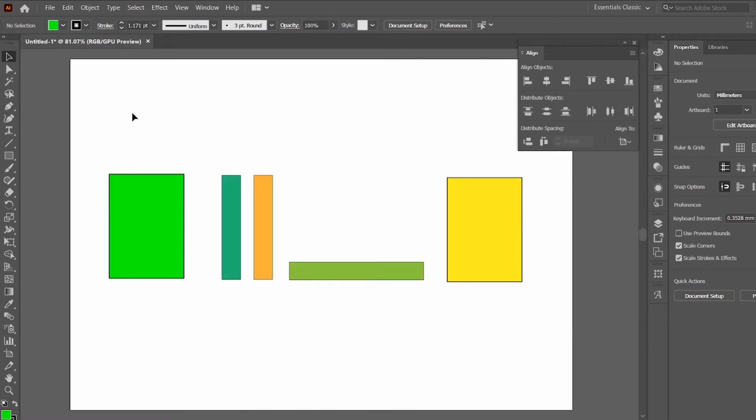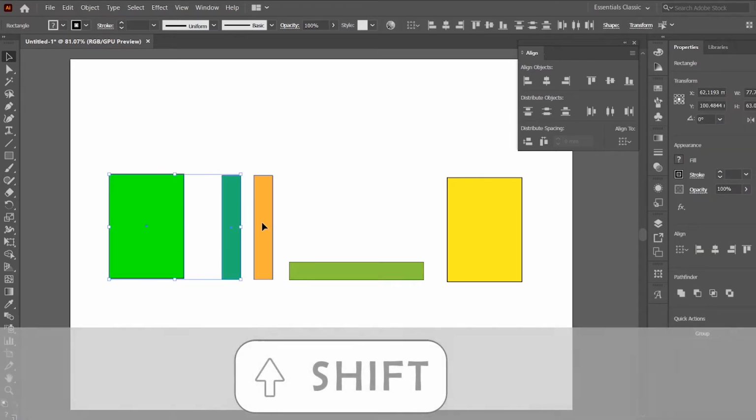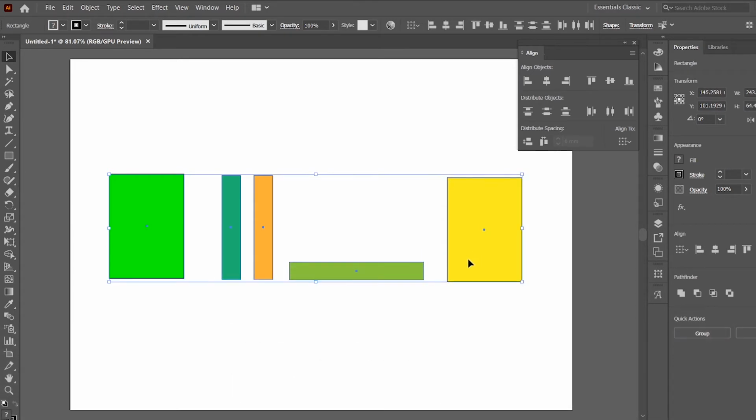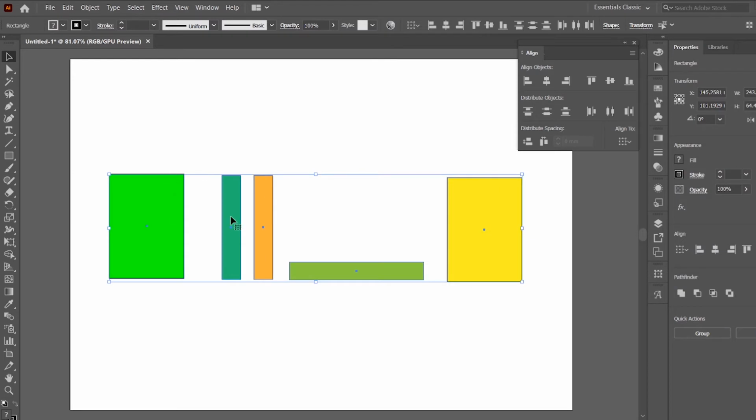Now we can select all these elements. You can select more than one by simply holding Shift and clicking on those elements, or you can just drag over any desired elements you want, and you can use these just like we demonstrated before. Even though it changes automatically to align to selection, you can change it back to align to artboard,